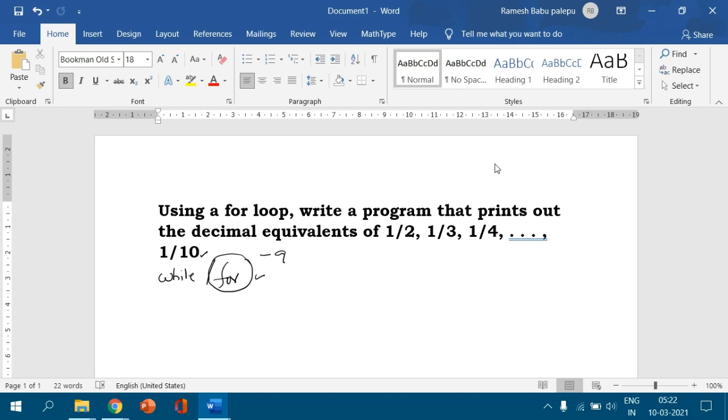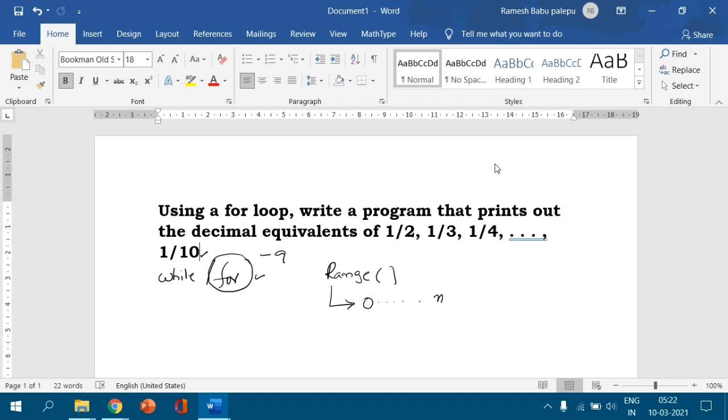To write the program, I am going to use one more built-in function in Python, that is range. The range function generates a sequence of numbers from 0 up to the limit we specify, n.